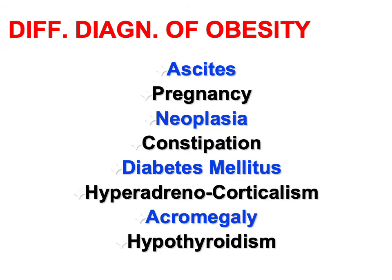We have to make a differential diagnosis of the obesity. This is a whole list, and don't think that in some cases even all these factors should be taken into account. One of those is the ascites, the water accumulation in the abdominal cavity. The pregnancy, if we don't know that there was a mating or artificial insemination, neoplasma growing in the abdominal cavity, constipation, severe obstipation,